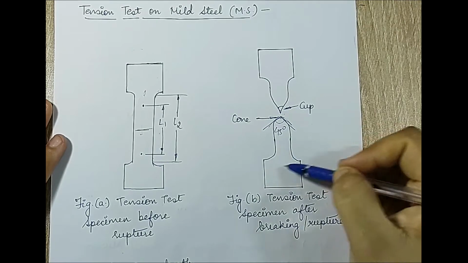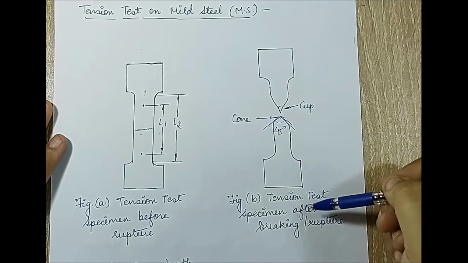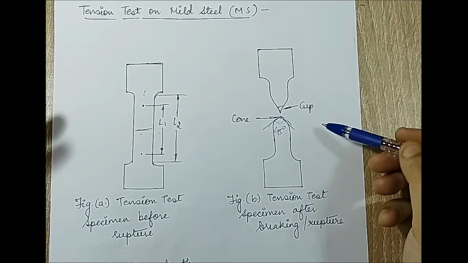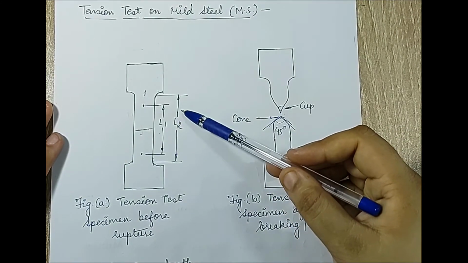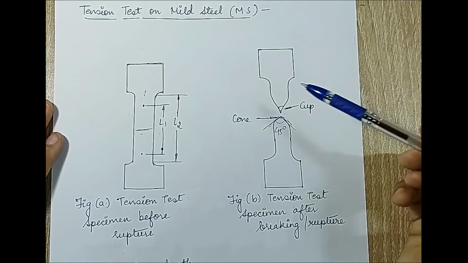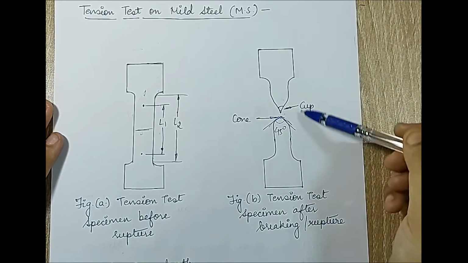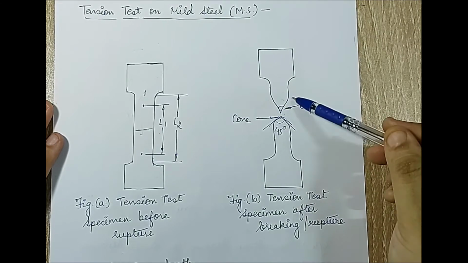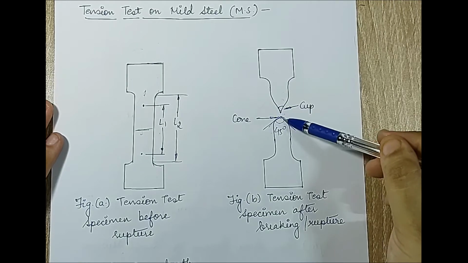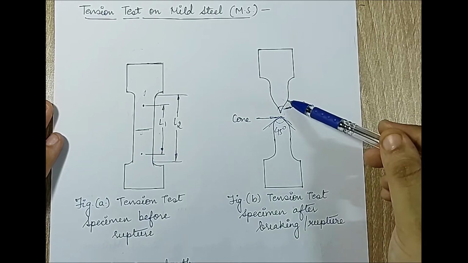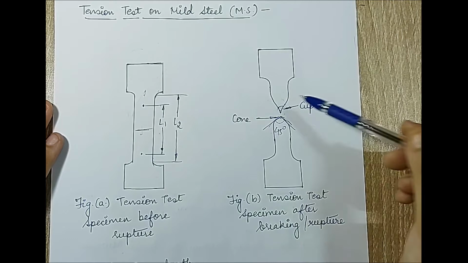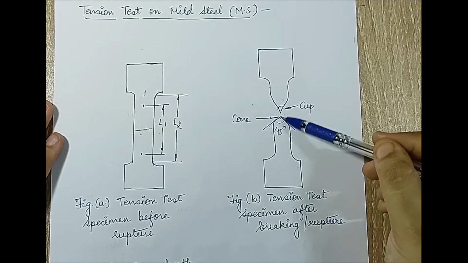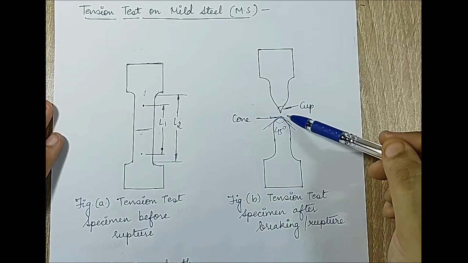Now after the specimen breaks into two pieces, obviously you will see some change in length, and the final length which you obtain will be much more than the gauge length and the length of the specimen which you had initially taken. When it breaks there is a pattern seen. The top portion and the bottom portion break with a very minimum diameter at the center. The top portion of the specimen is called the cup and the bottom portion is called the cone, especially in these zones where you see the rupture taking place.